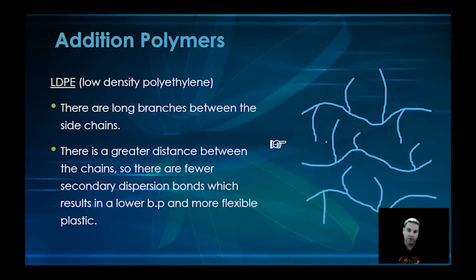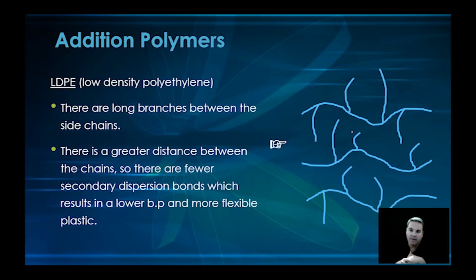The other side of it is low density polyethylene. Because you've got these branches between the chains, they don't form as many bonds between each other. So I liken this to Smith's crinkle cut chips, for example, where you've got those sort of ridges on it, right? You don't get as many stacking on top of each other nicely as you would with Pringles. So there's less per unit area, which means you get less secondary bonds occurring, which means it's a lower melting point. The benefit of that is, though, because there's less holding it together, you get a more flexible